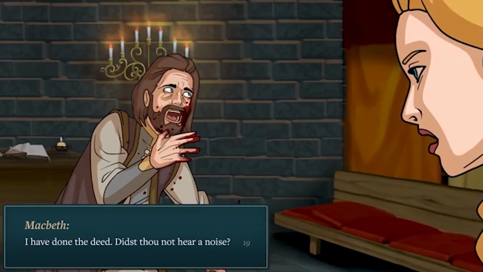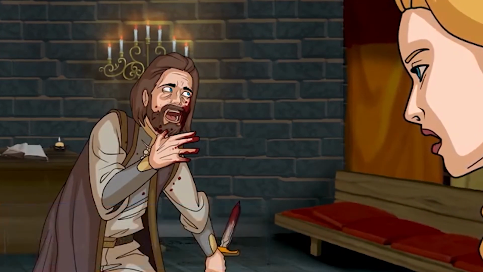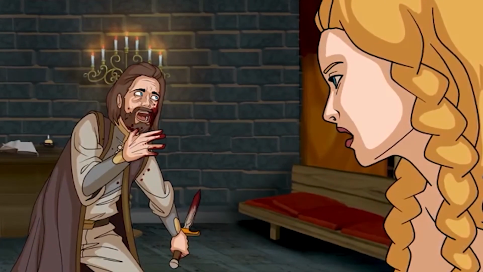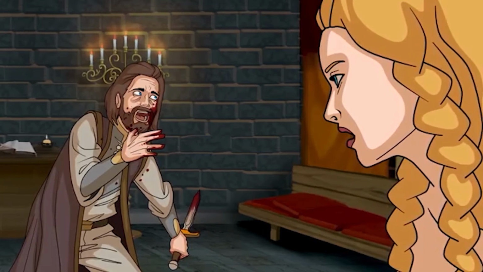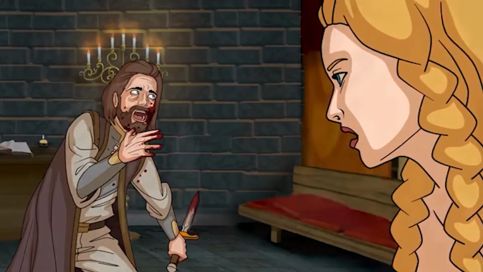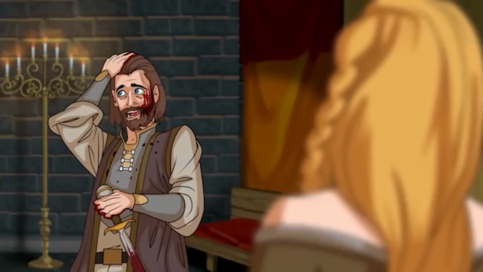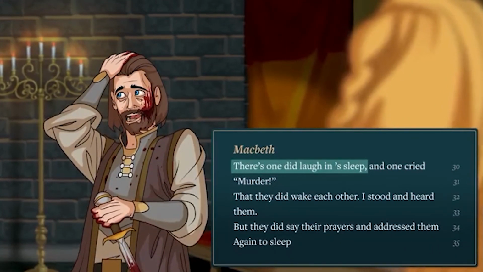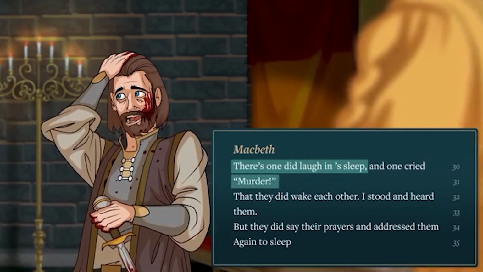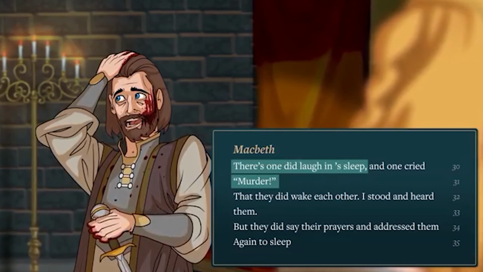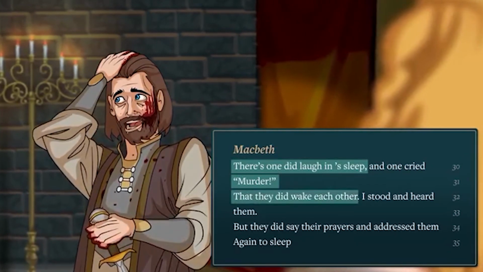Didst thou not hear noise?" It turns out to be the case that Lady Macbeth was not the only one to hear the voice cry out. Macbeth had heard it too, and it frightened him more than just a little. He then goes on to tell his wife that he heard a servant laugh in his sleep as another one cried out, "Murder!" Apparently, according to Macbeth at least, the two servants woke each other up and then went back